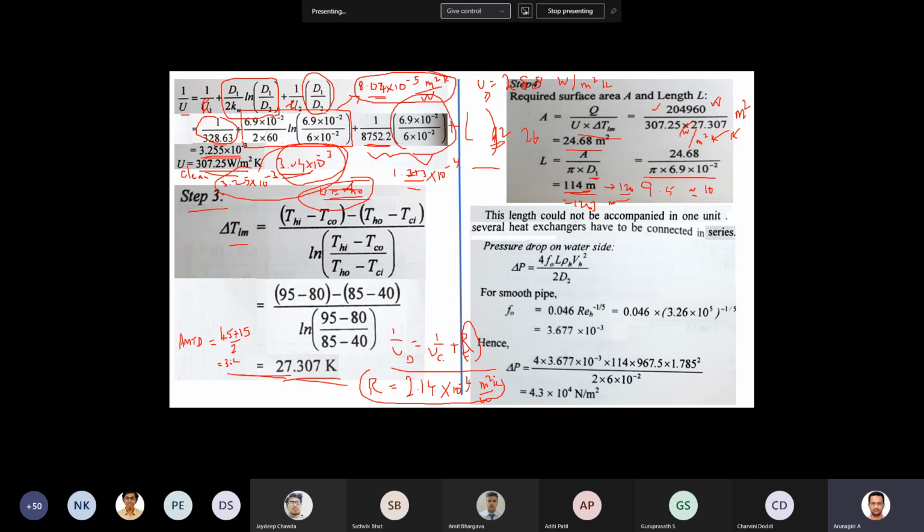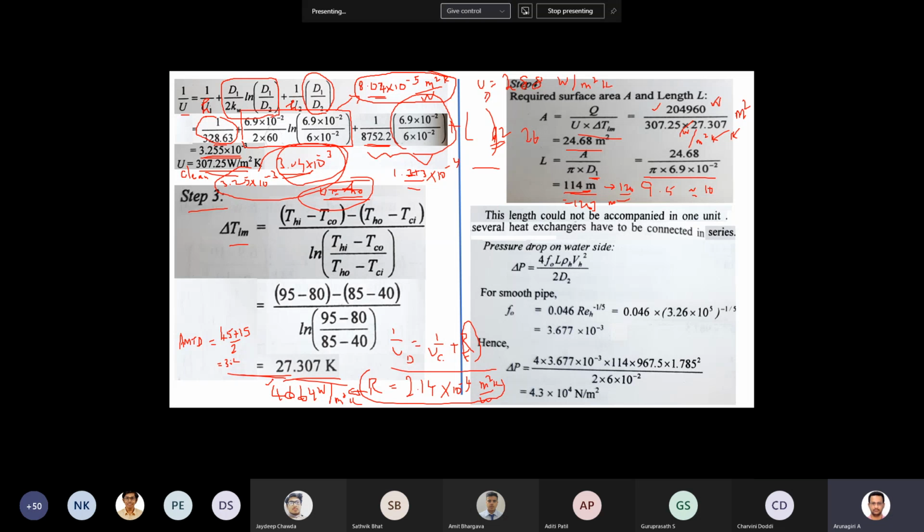If you take the inverse, it will be around 4,700. If you convert it as a heat transfer coefficient value, the dirt factor value will be around 4,664 watt per meter square Kelvin. This is your fouling resistance. This is combined for both the annular fluid and the tube side fluid. So this is the way.